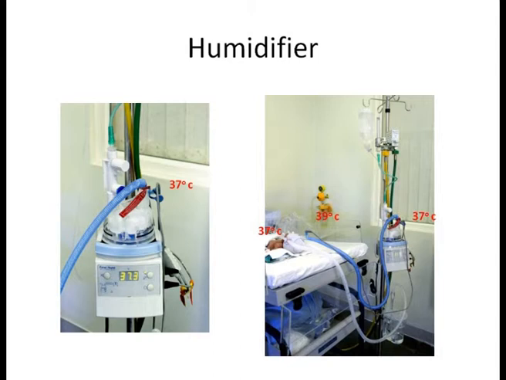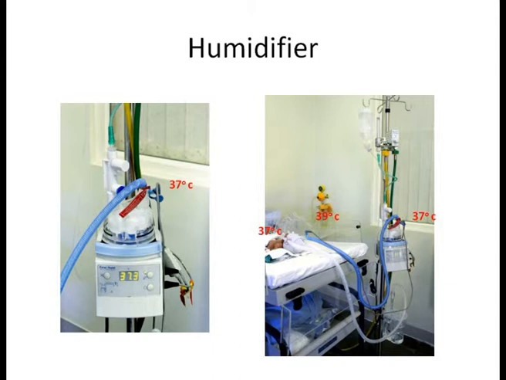Now this extra 2 degree of heating in the inspiratory limb is a dry heating and not with a water bath. So whenever the gas gets heated from 37 to 39, there is a fall of relative humidity from 100% to maybe 80 or 90%. Now this gas from 39 till it goes to the patient is in the inspiratory limb without a heater wire. So there is bound to be a fall of temperature from 39. And it is expected that the distal limb, from the time of the 39 degrees till it goes to the nares, is expected to have a fall of temperature of 2 degrees Celsius.